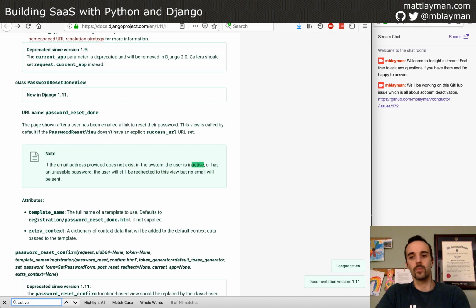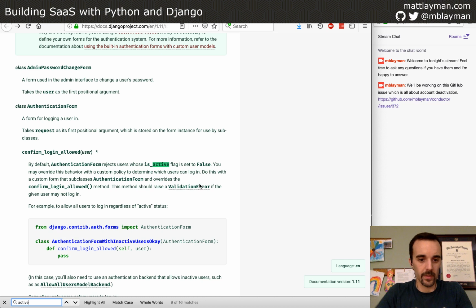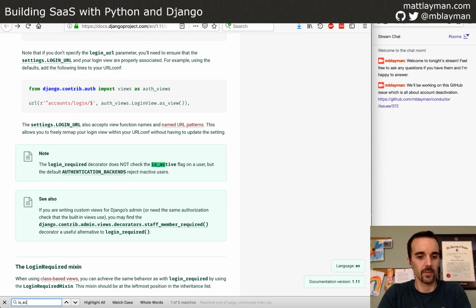So the user model from Django contrib auth has this isActive flag. And importantly, well, let's do a search for isActive. I think that was the better one. Here it is. So it says the login required decorator does not check isActive flag on the user,